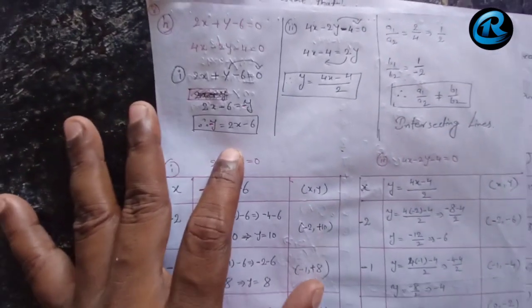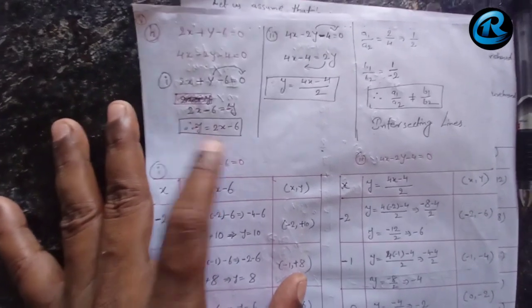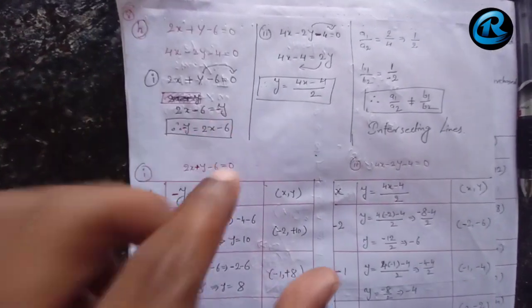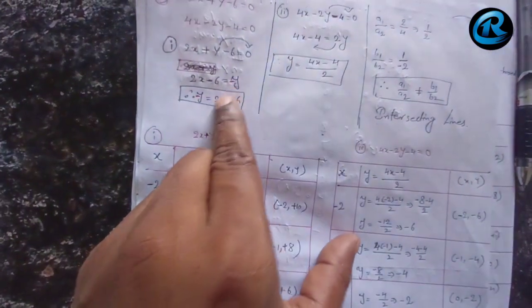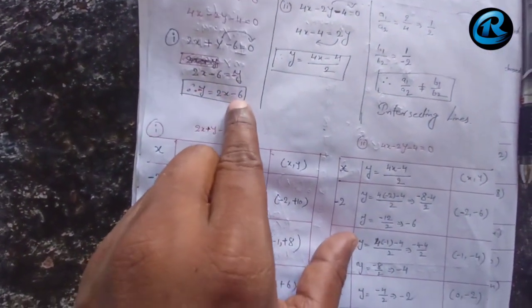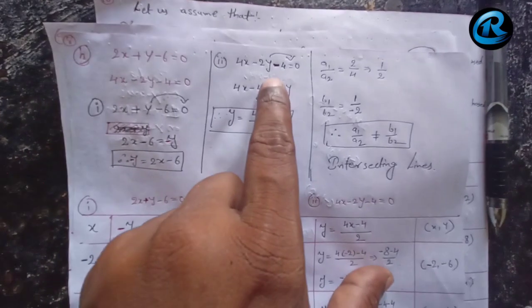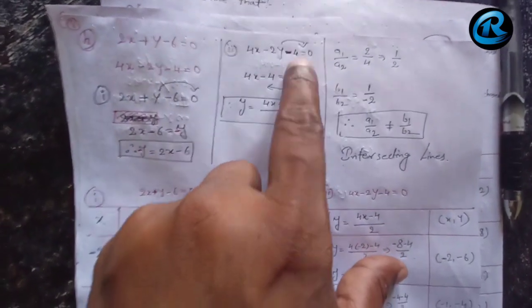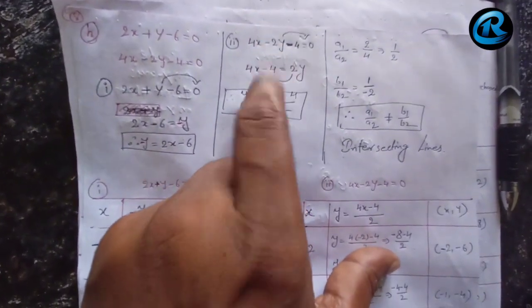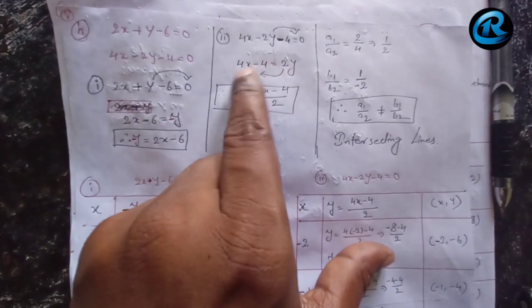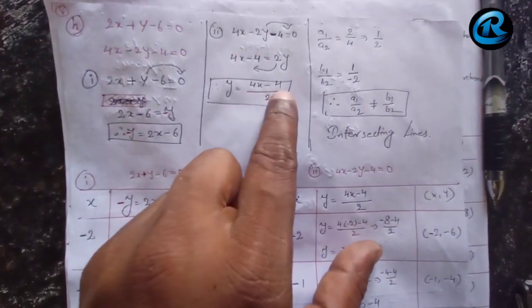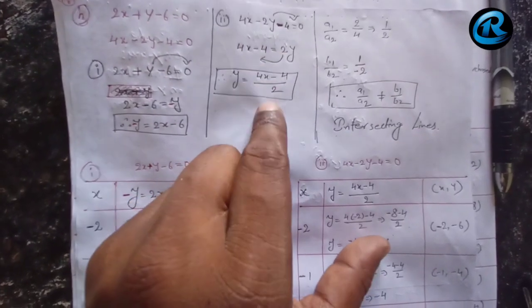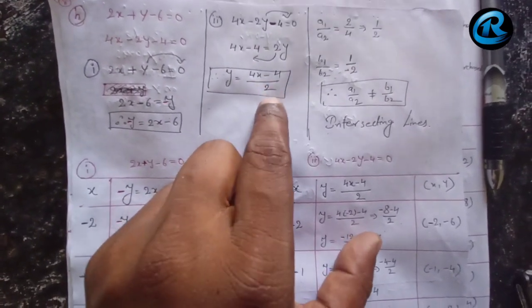But you will be getting confused. But one thing I have done here to make you understand: I highlighted the minus here. See, minus y. That is 2x minus 6 will be left, y equal to. Here minus 2y I transferred here, plus minus 4 I kept here only. Minus 2y becomes a plus 2y. Here already 4x minus 4 is there. So y equals 4x minus 4. This 2 you transfer, that will be division, 4x minus 4 by 2.